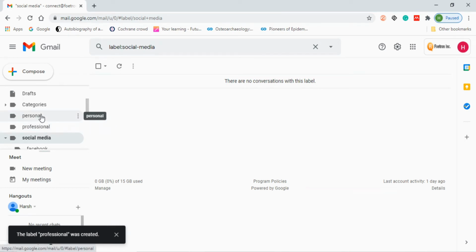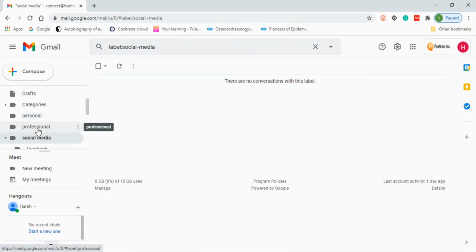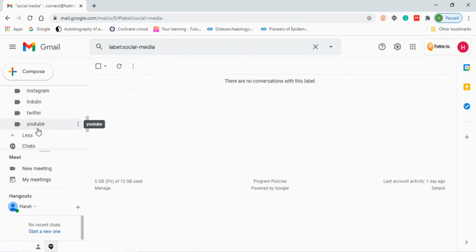If you want to add personal for a particular email address, you can also create a new category. For example, the personal mail from your wife, sons, or something like that. For the professional, you can directly attach an automatic filter for your boss. Whenever you receive a mail, it will directly go into professional because your boss is something very professional. So now, everything has happened.